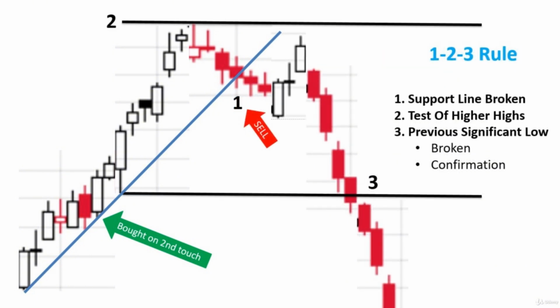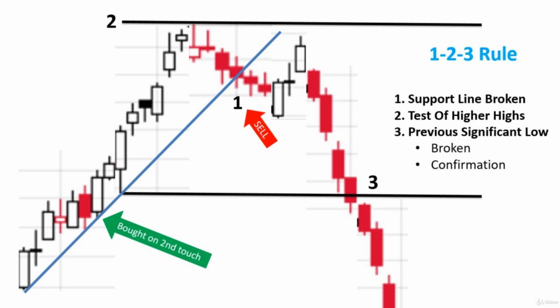First thing you do is, in order for the 1-2-3 rule to be activated, you have to have the support line broken, right? That's the whole idea. You're trying to see if there's a false signal. So first step, it's got to be broken, and you can sell right there. That's always the established rule. You can just sell there. But if you want to try 1-2-3 to see if it's more of a false type of breakage,